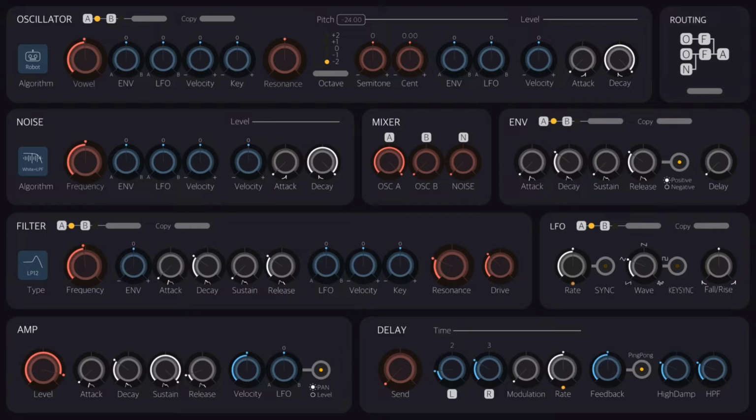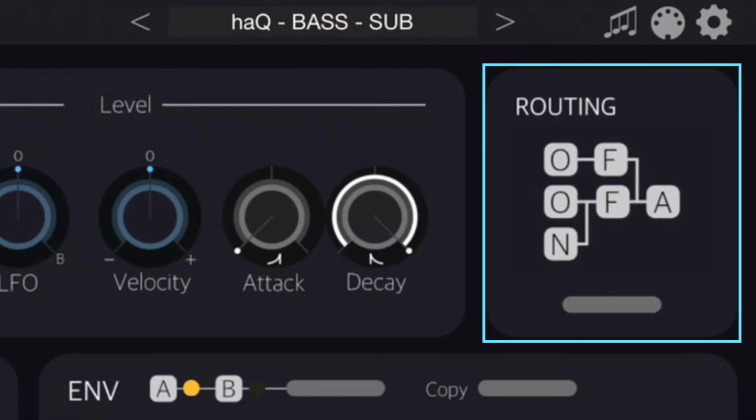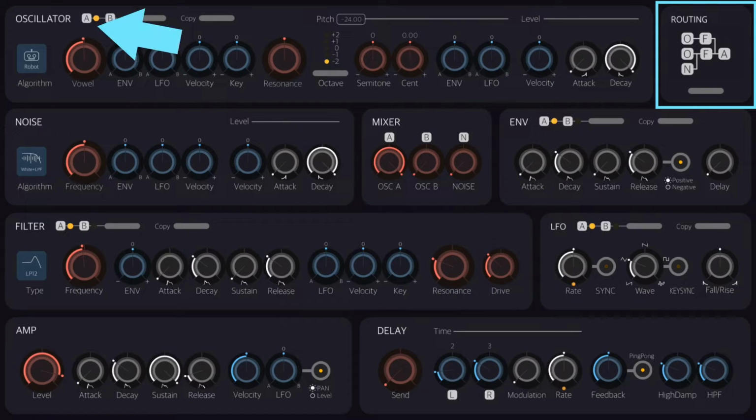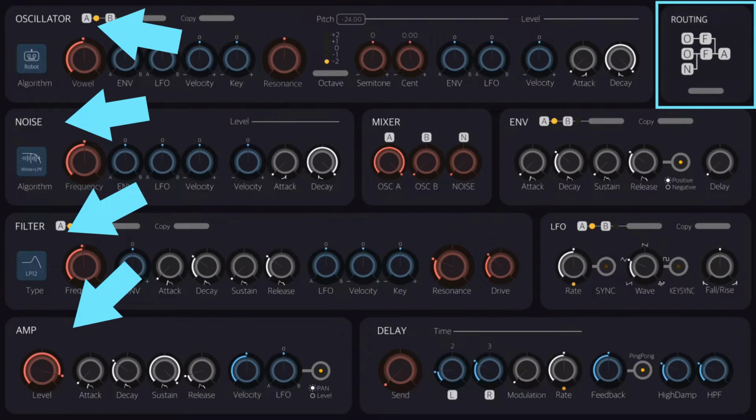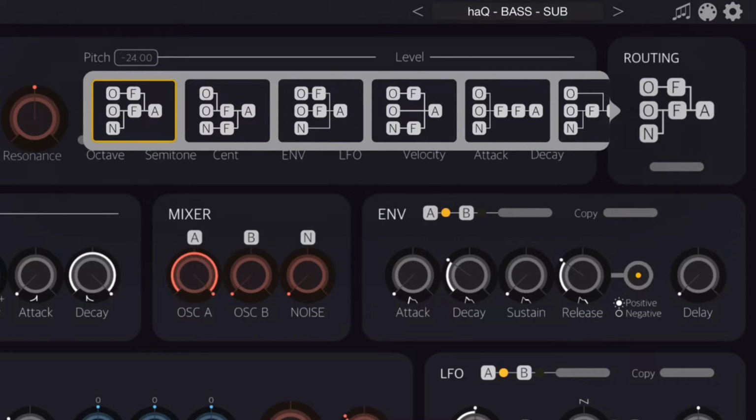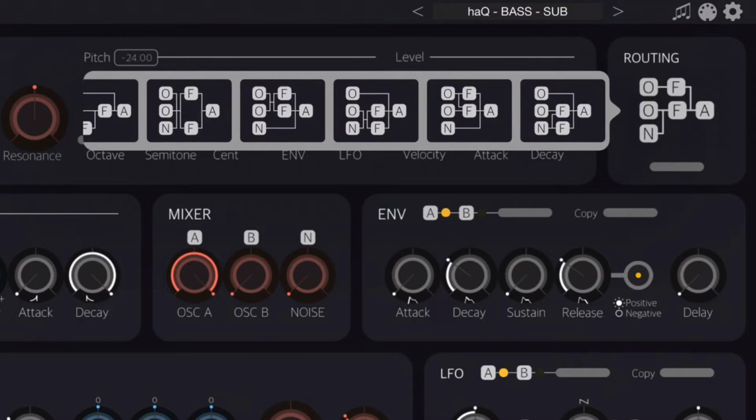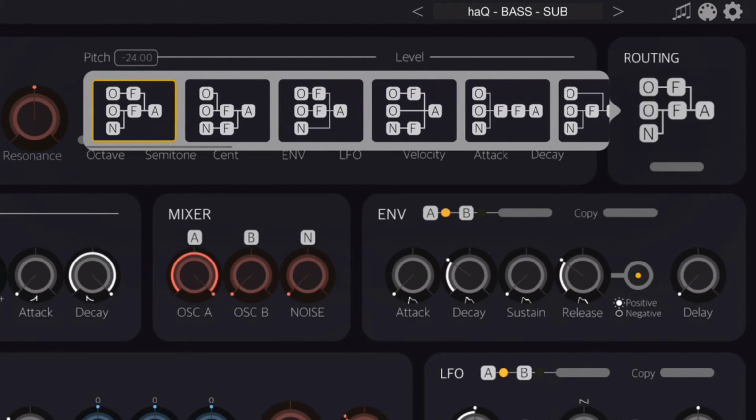Thirdly, I'd like to mention this thing right here. This looks like something you would find inside an FM synthesizer. It kind of looks like an operator chart, the way you reroute the FM operators. But here it is used to reroute the oscillators, noise generators, filters, and amplifier. And this is something you should really play around with when you're tweaking your patches. You see, when you've sat down and tweaked your sounds for maybe 20 minutes, you've got that awesome pad, save it, and then try rerouting the modules with this thing here,